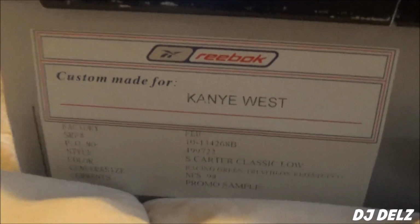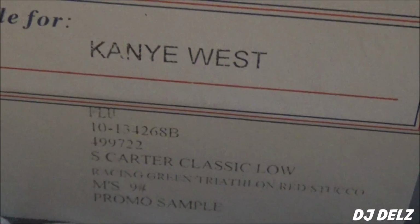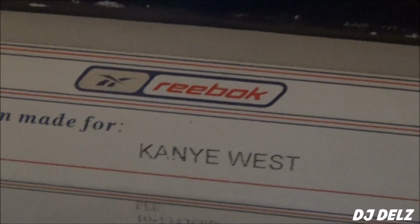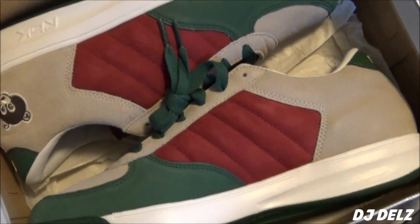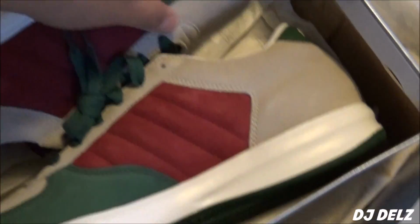We got here Kanye West S. Carter Classic Low promo samples, custom made for Kanye West. This is one of the first, and we got two by the way. This is one of the first collaboration shoes Kanye ever did, if not the first. I'm pretty sure this is the first we've seen, and this is for his first album to celebrate it. As you can see, you got Jay-Z, Big Bros, S. Carters with